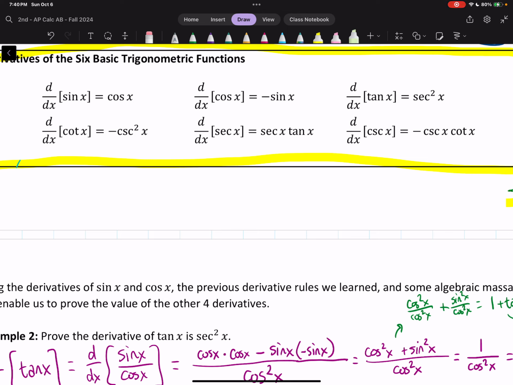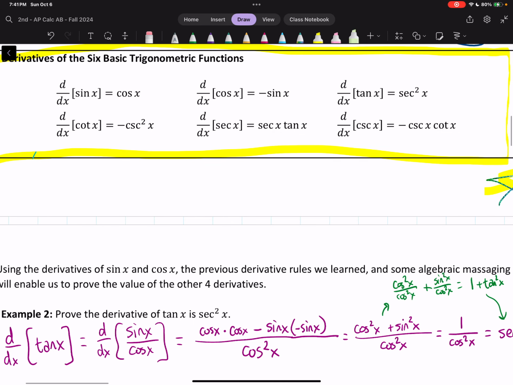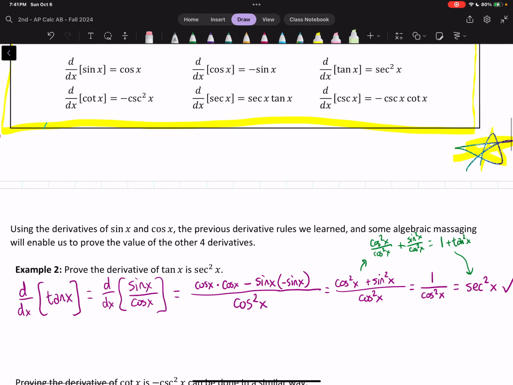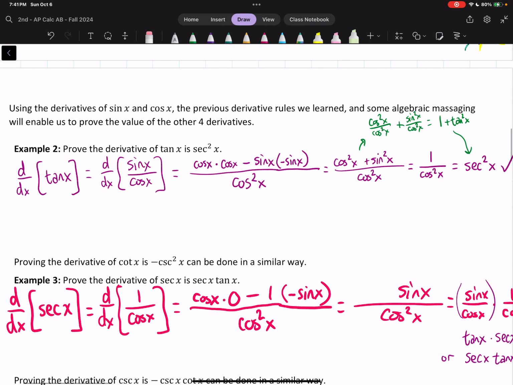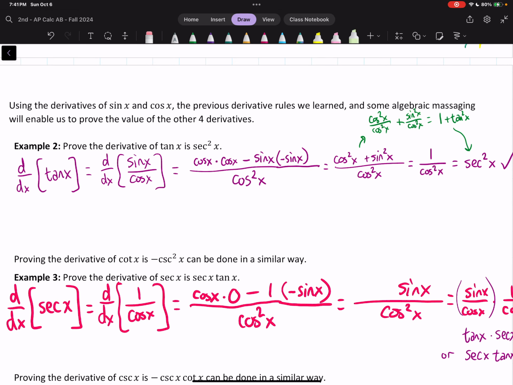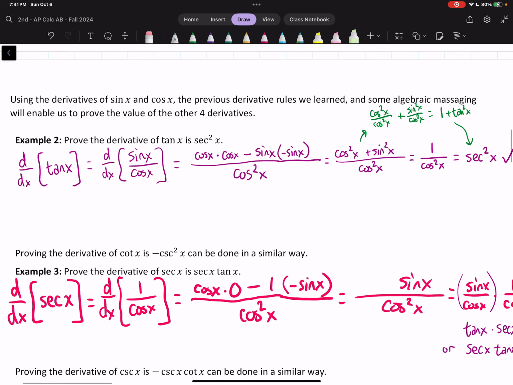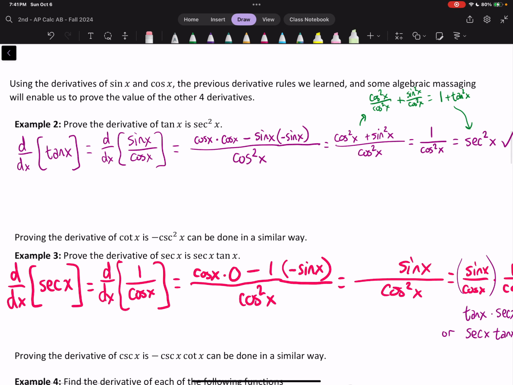I want to challenge you to try to go beyond just memorizing these, but look for patterns, look for connections and ways to remember these where you're not just force feeding memorization into your brains. All right, on the next page, we're going to do a couple of ways to prove where some of those other derivatives come from, and then we're going to start to apply them as we're more typically going to do